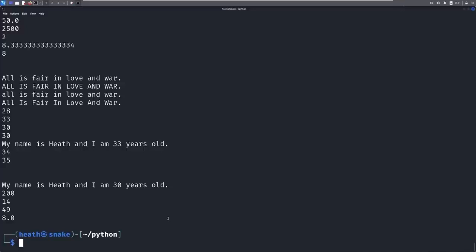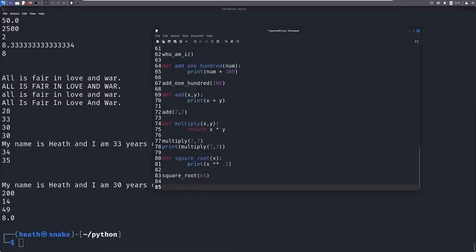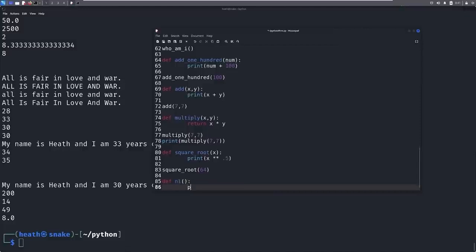So if we save that, come in here, print it, and you can see we get a float of 8.0. Now, I told you we would create our own function for a new line, and we're going to do just that. Let's go ahead and define new line. And we could call this like new line if we wanted to or whatever, but I think to make it simple, as long as we understand what it is, we can make comments and notes in here if we wanted to. We could just say define NL, and then we can just say that when we do that, we're just going to print out